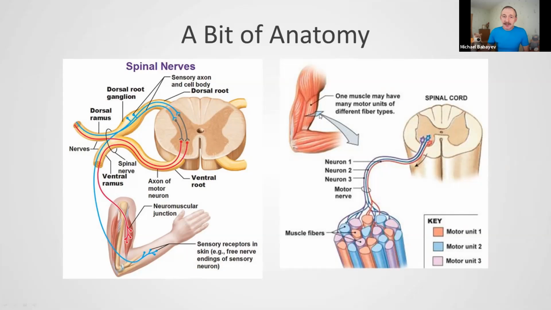Here is a muscle and its slice. On the slice of the muscle we can see a lot of muscle fibers. Usually one muscle has up to a few thousand muscle fibers. Here is the slice of